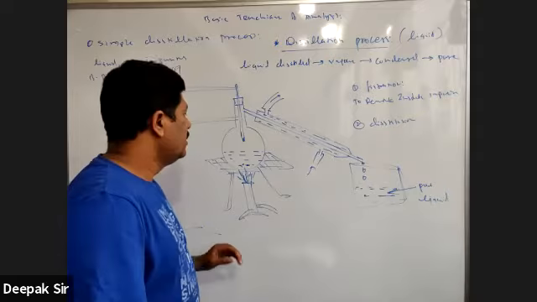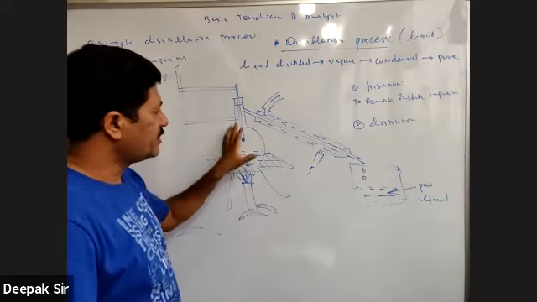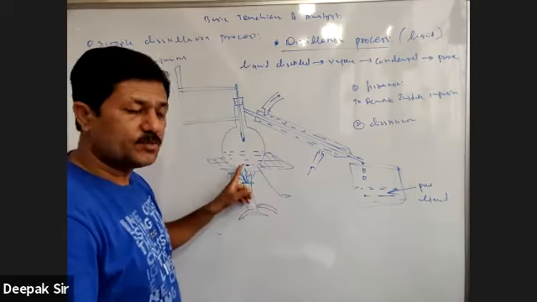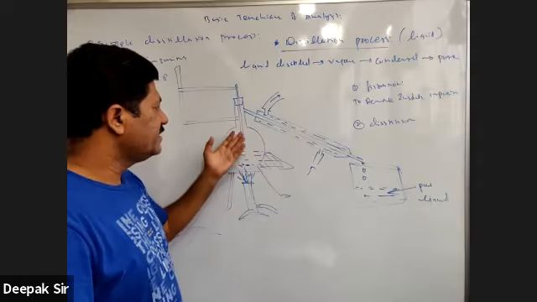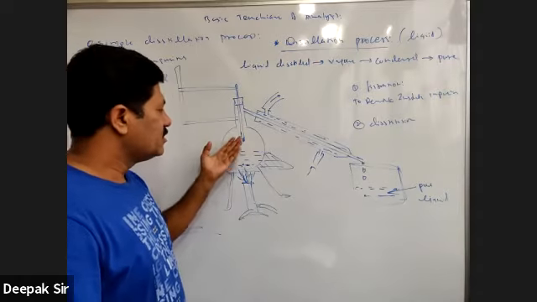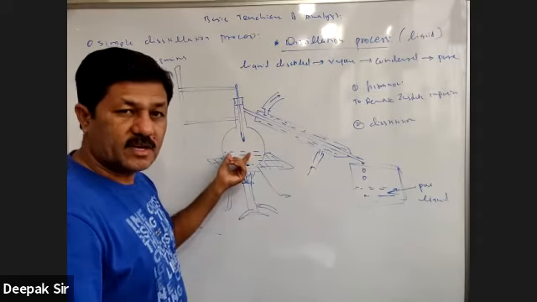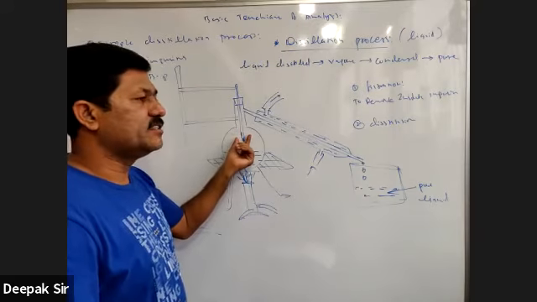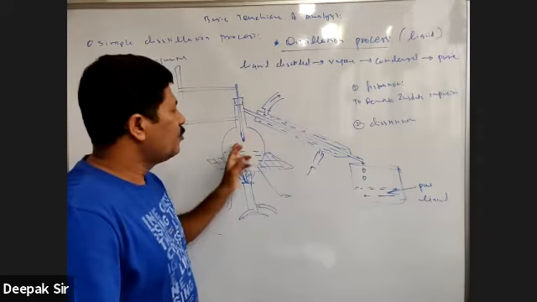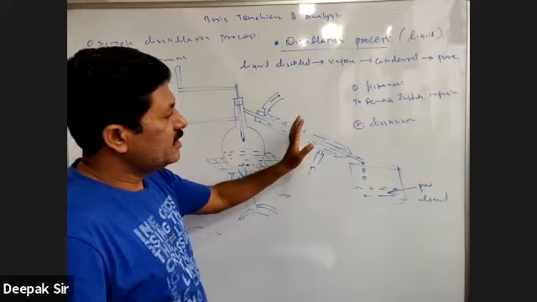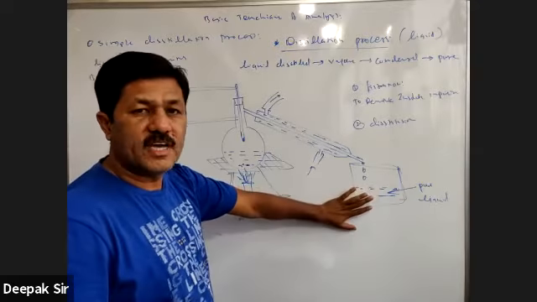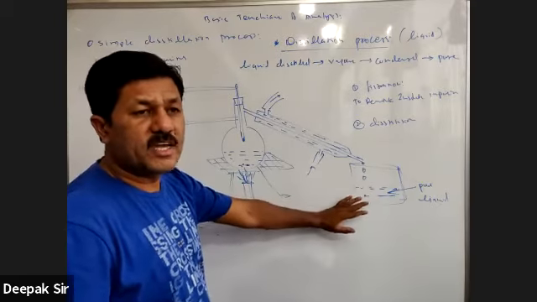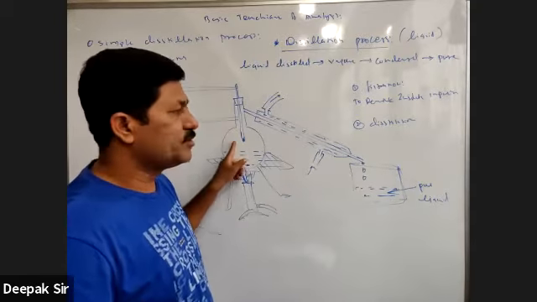form. Take the liquid into this round bottom flask having the side arm, add some pieces of porcelain, start heating, and observe the thermometer. Whenever the boiling point of this liquid is attained, at that time it starts vaporizing, and this thermometer shows a constant reading. Vapors come into this condenser, they are condensed, and the pure liquid is collected here. Till all the pure liquid is collected, this thermometer shows a constant reading.